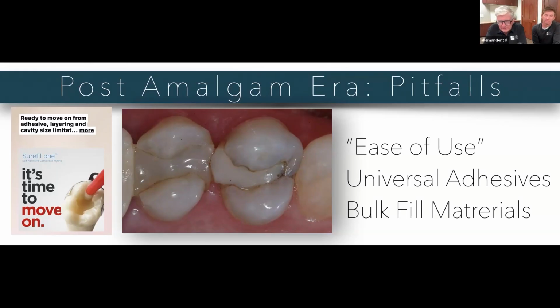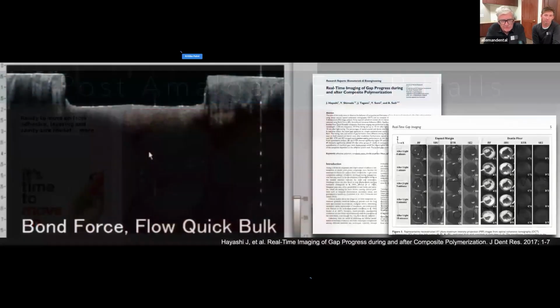approached by manufacturers who say, we have an easier way to do composites. And they offer you universal adhesives and bulk fill materials, and we're supposed to save you what, 5 minutes? Well, we're going to teach you that in 5 minutes, if you use these materials differently, then you can double, triple, or even make a restoration that can be permanent compared to amalgam restorations that are always at risk of